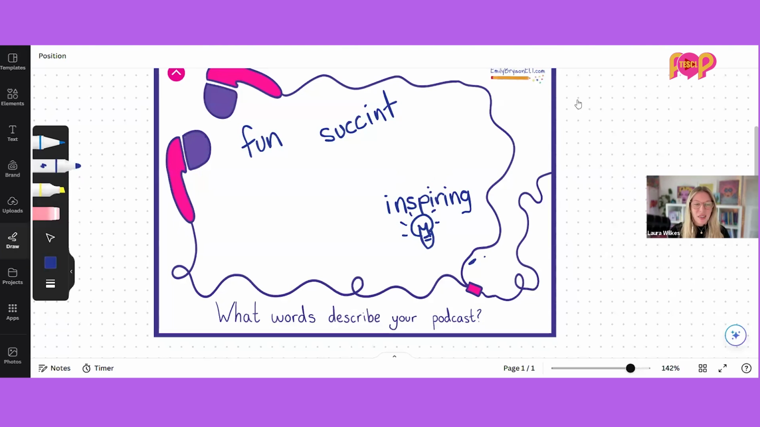And what other words would you use? Definitely practical. Practical. And the beauty of this template is that you can just keep bouncing ideas around. You can write as many as you want. Anything else? I think we've got the fun, succinct, practical, inspiring,